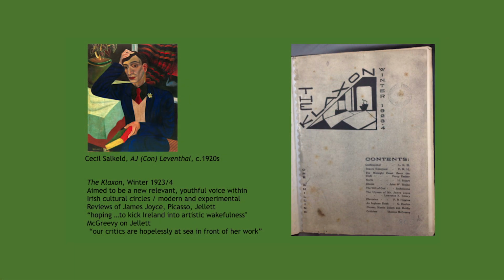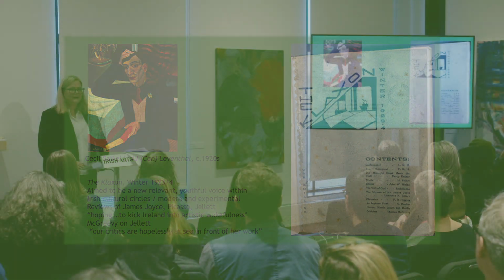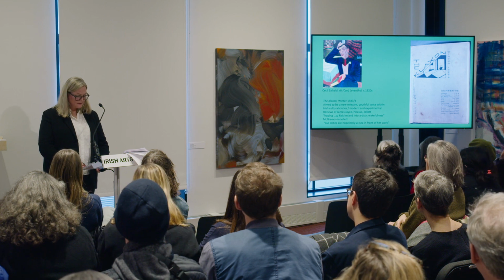For example, the Klaxon, an Irish international quarterly, which is a rare thing, came into being when a young Dublin writer, A.J. Leventhal's review of James Joyce's Ulysses was rejected by the Dublin Magazine, a well-established literary magazine at the time. Its editor, Seumas O'Sullivan, was obliged to reject Leventhal's critique when the publication's printers refused to handle anything that reinforced Joyce's by this time infamous text.